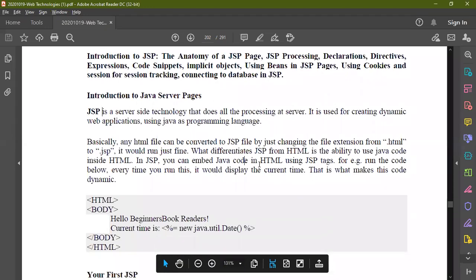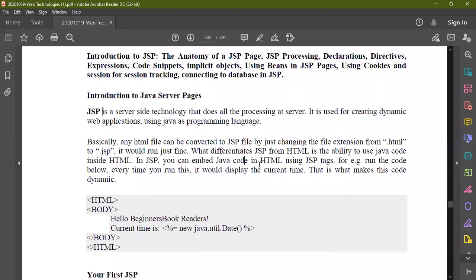Generally, for presentation purposes before JSP, we make use of HTML. This you already know. If you want to display anything on your browser, you use HTML, and in HTML you use different types of tags. For example, if you want to display a header, you use header tags like h1, h2, h3, h4 and so on.